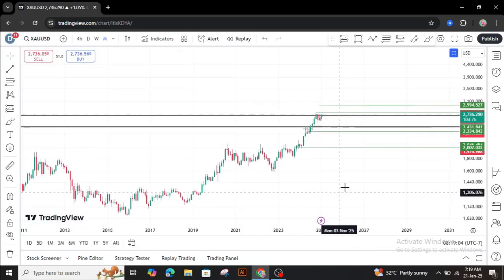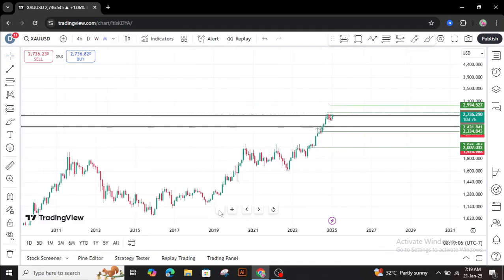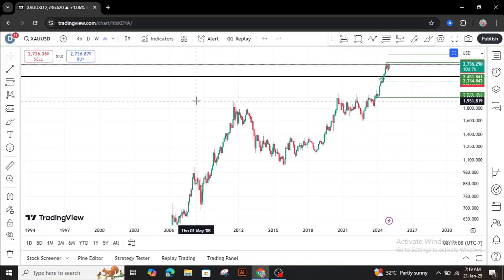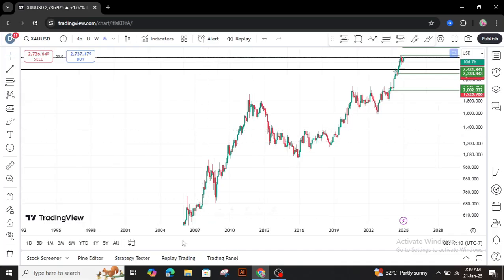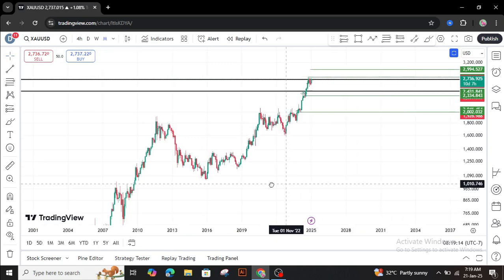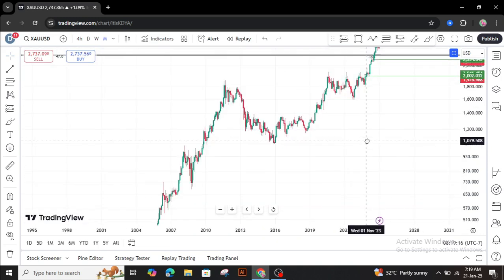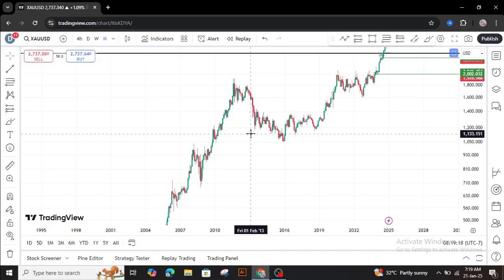Okay, you want to look at what the price is doing, where the price is going. As you can see, where do you think the price is going? It's going to the upside. It's making what we refer to as higher highs, higher lows, which is